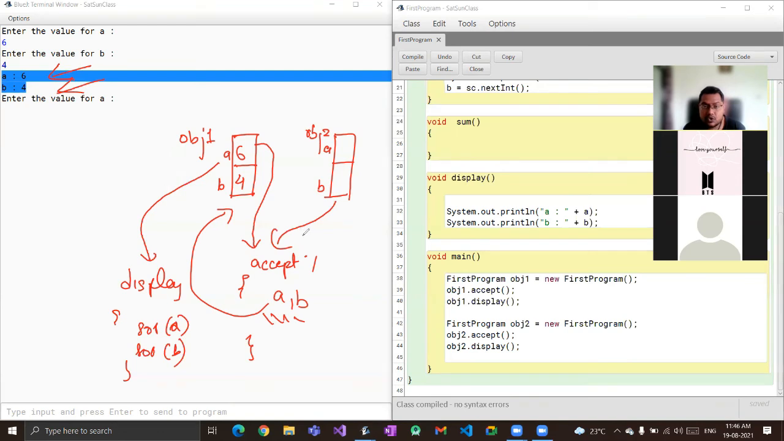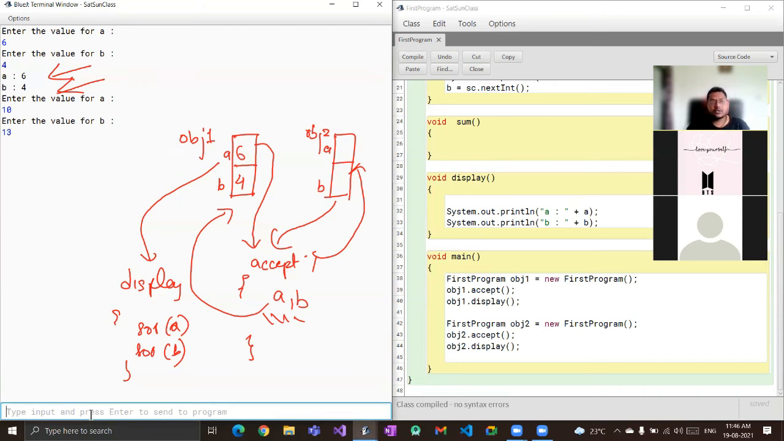So अगर इस बार जो भी वैल्यू एक्सेप्ट होगी वो जाएगी obj2 के अंदर, बिकॉज फिलहाल के लिए accept function is called using obj2. So this means that if I go over here and try to accept some values, I'll put 10 over here and 13 over here. So ये जो 10 और 13 आया है अभी, ये 10 और 13 किसकी वैल्यूज हैं? ये obj2 की वैल्यूज हैं।